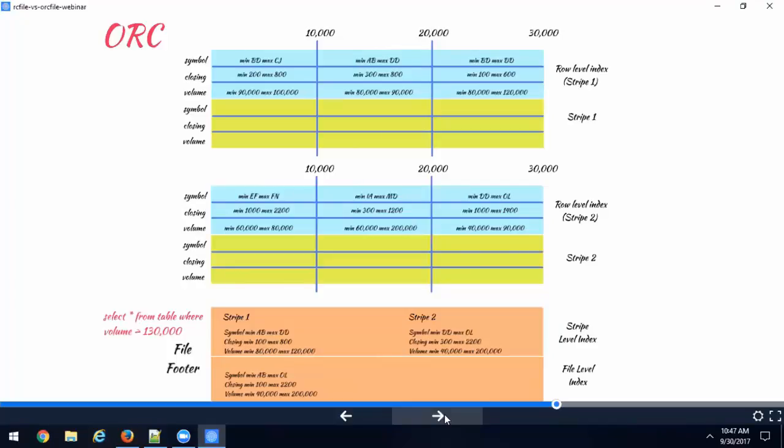It adds a file footer, and it creates indexes and stores them along with the file. You will hear people saying index or statistics in ARC. They're used interchangeably: some people refer to them as indexes, and some refer to the same data as statistics.